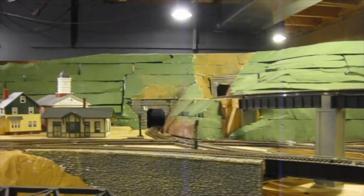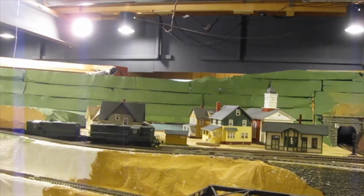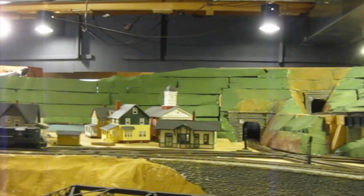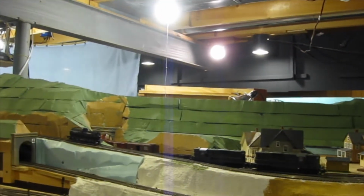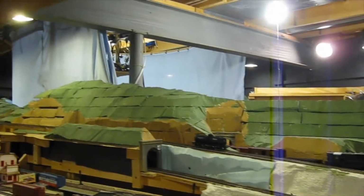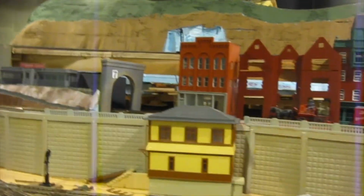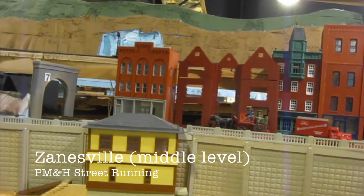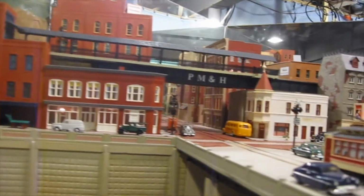But off to the left, and waiting to come off of it, is a branch to Athens, Ohio, where there's a pair of Jeeps waiting for permission to enter the scene. Also in the view is the C&M Shay grade that climbs the high hill. There's a track cleaning car sitting there, up to the mine, and then back to C&M Junction. That tunnel brings us out to the street running through Zanesville, which is a pass through the urban area for the third time at the middle level, past some new construction being worked on, and into the town of Zanesville,